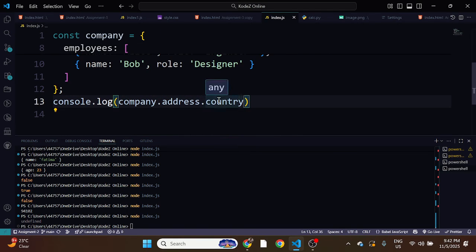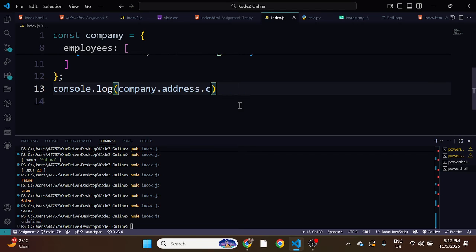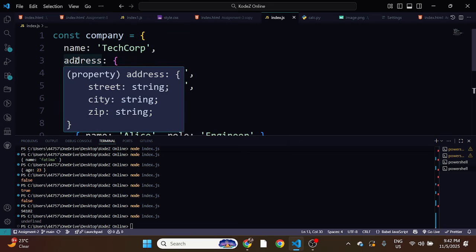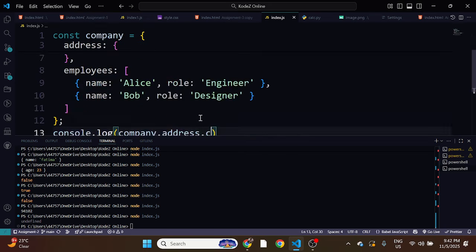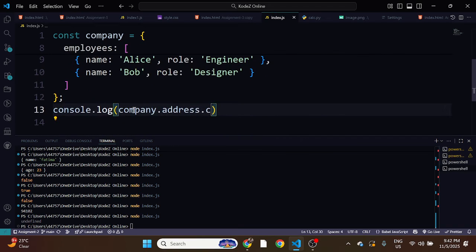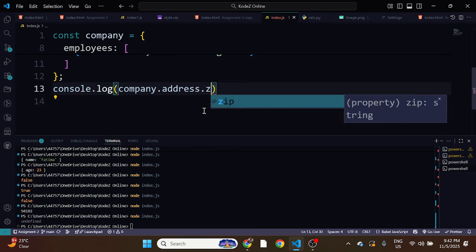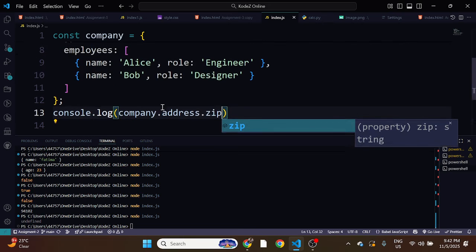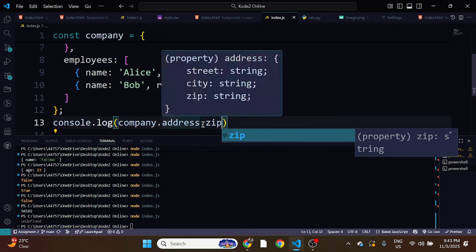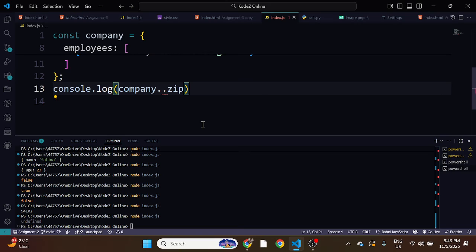Okay, just for now, try to understand how we can access the nested object's property. You just have to give the proper path. The first object name is company. Inside it we are trying to access the address, so address also you have to give. Then inside address you want to access the zip code, so that is why we are giving company.address.zip. That is how it is showing. If you are not giving the correct path, it will give you undefined or some different kind of error. Let me give some different name here, then at that time I think it will give you an error. Let me give like